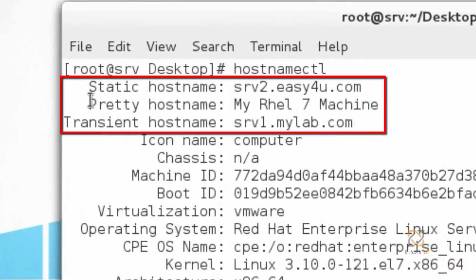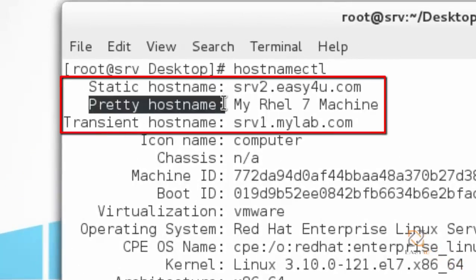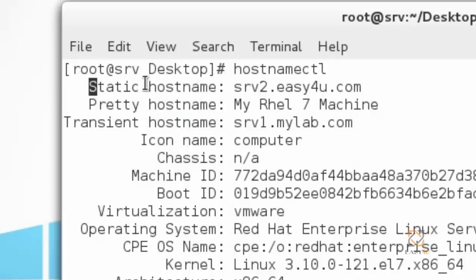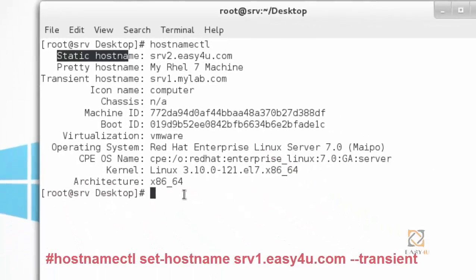Here you can see pretty hostname my RHEL7 machine, static hostname srv2.easy4u.com, transient hostname srv1.mylab.com. Now I'm going to set transient hostname.